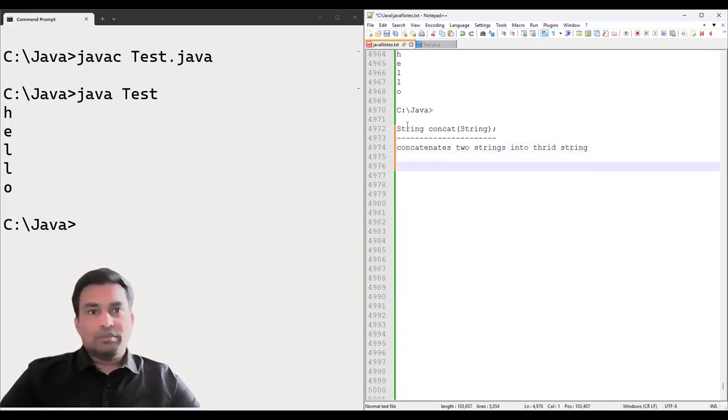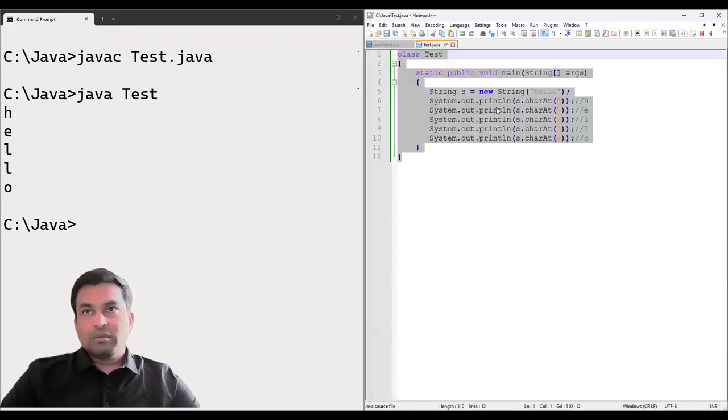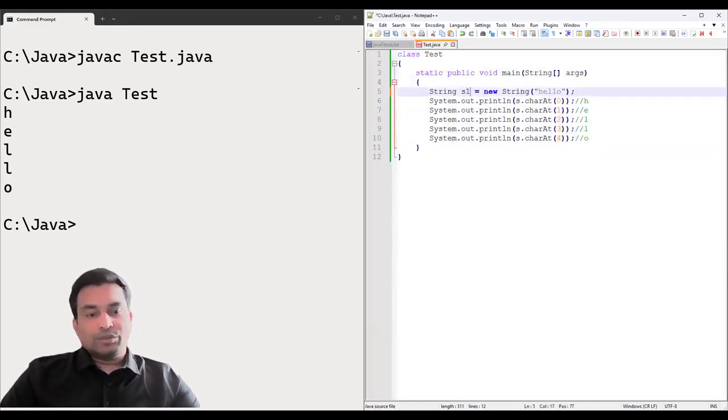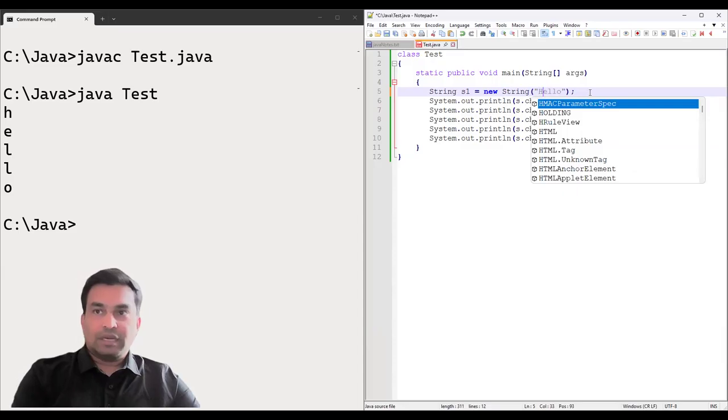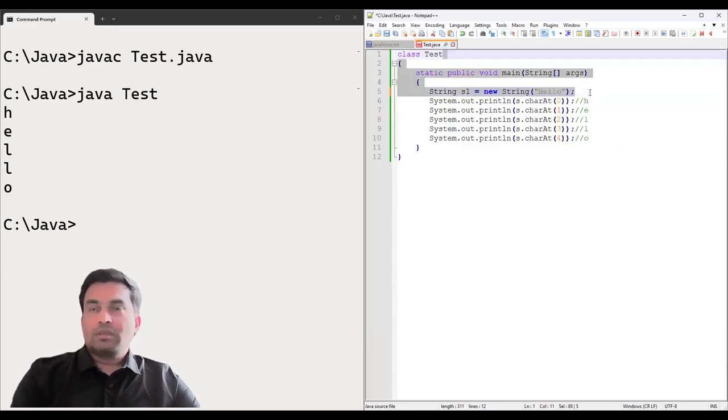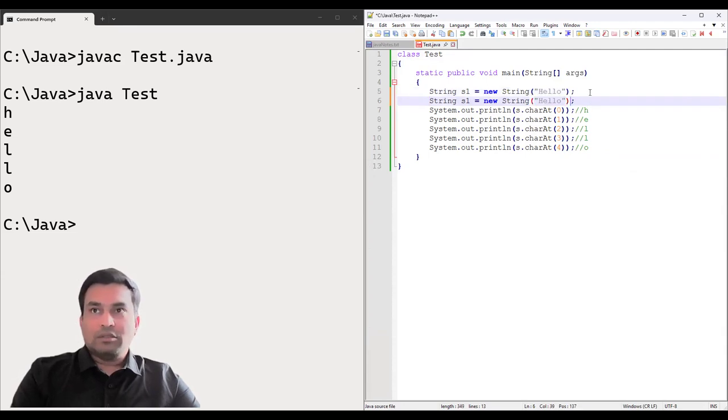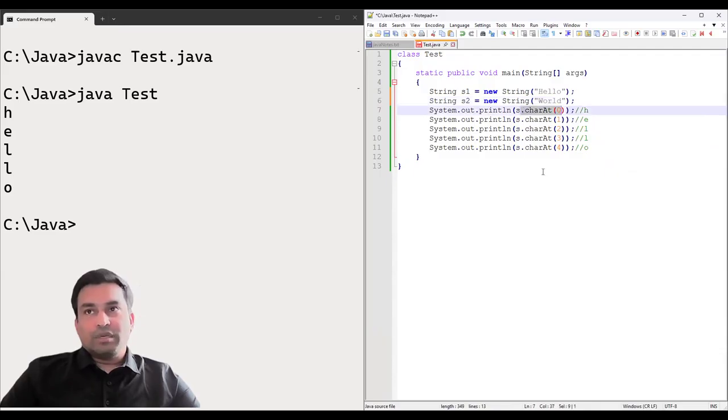Let's see one example of what that means. So I have String s1 is equal to hello, I make this an uppercase H, and String s2 as world. And say, for example, if I print